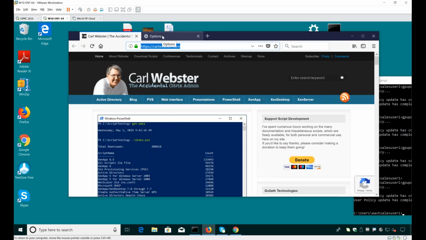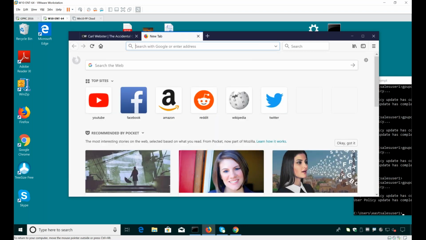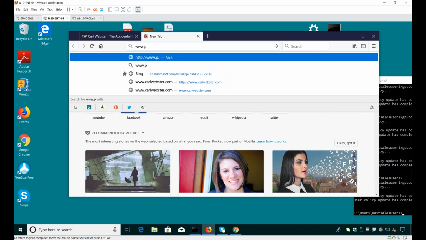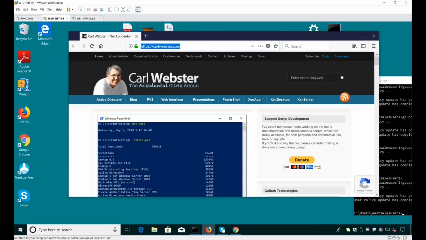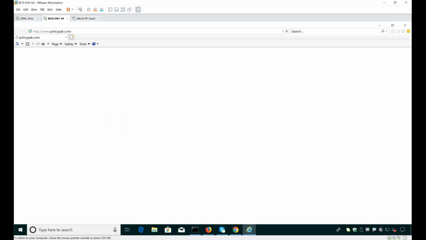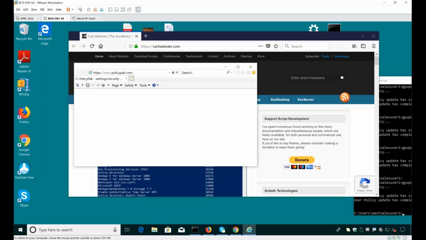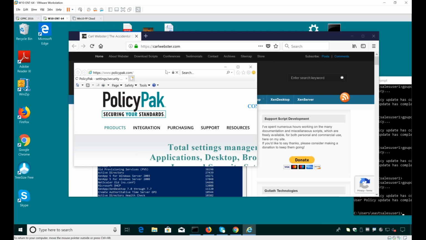There you go. But we know that certain websites look right in the right browser, but other websites look terrible in the wrong browser. So for instance, let's pretend you're in Firefox and you know that PolicyPack.com only looks good in Internet Explorer. Look what we did. We close the wrong browser and open up the right browser at the right time, making sure that your user for the billionth time doesn't have to be told, oh, close that website, close that browser, go to this browser.